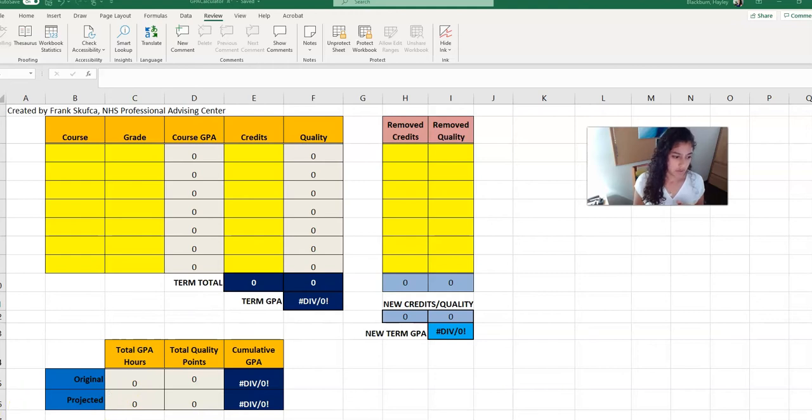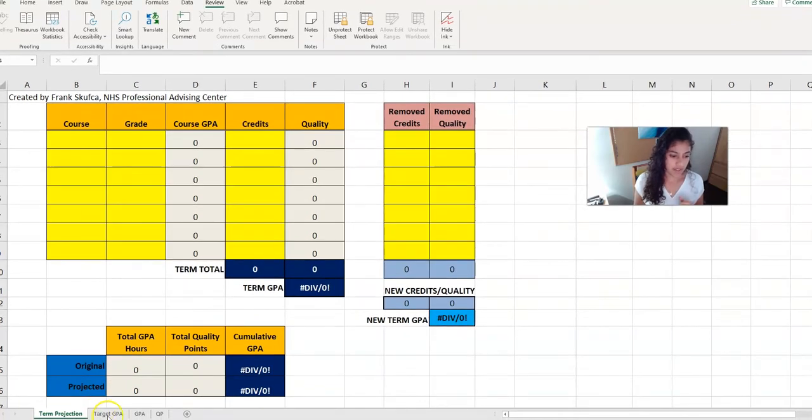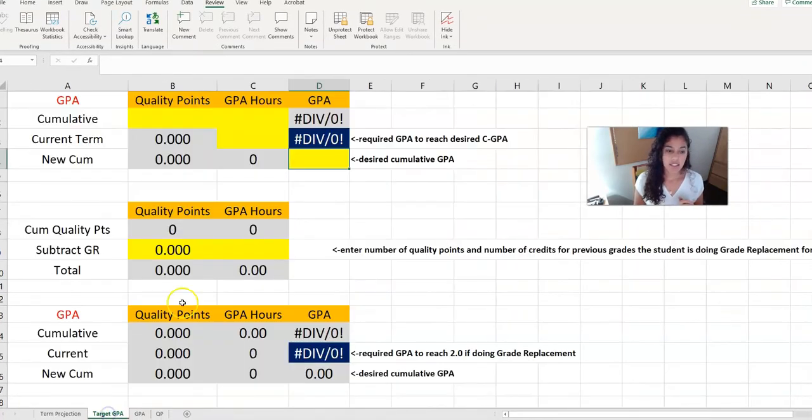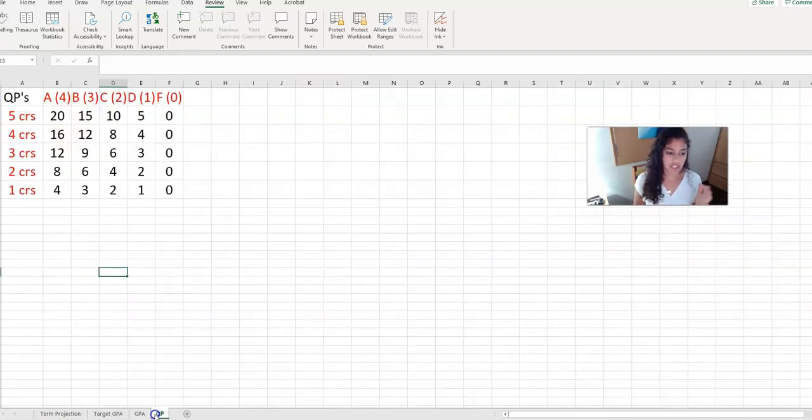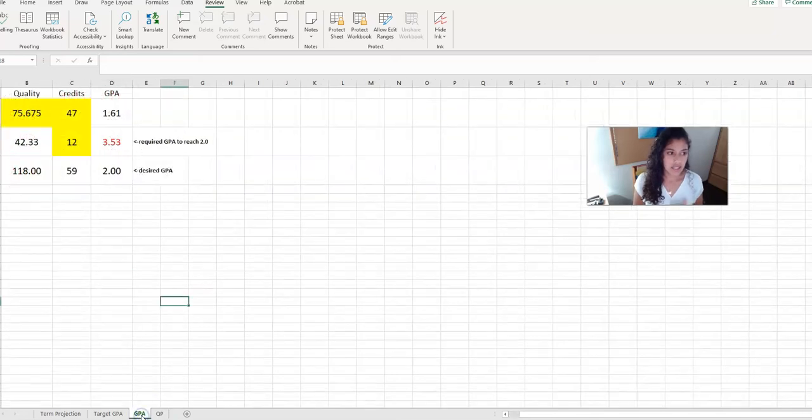Here, let me move it down so you can see that. Perfect. Then the second tab is going to be the actual target GPA calculator. And so this is what you definitely need to do for every student. Even if it's too early to really know what their grades are going to turn out, you can still use this. And then these tabs are kind of extra calculators that you won't actually need, but they're there